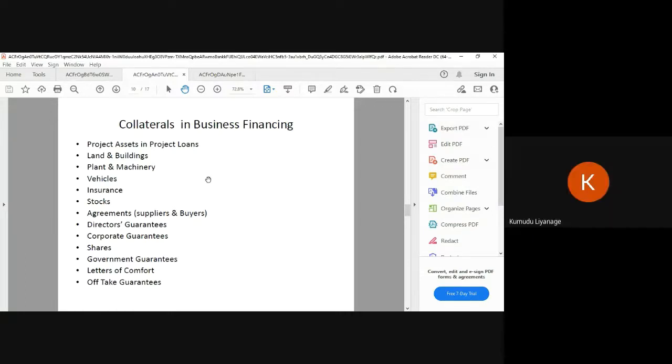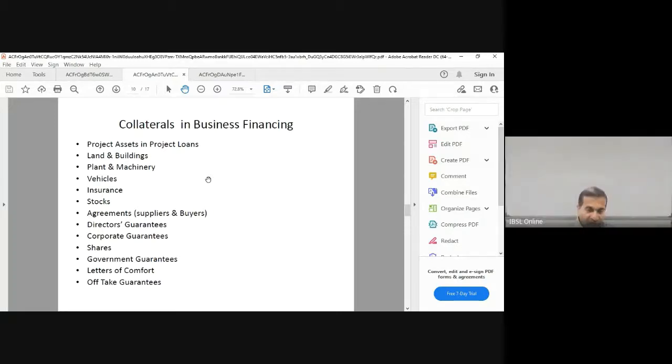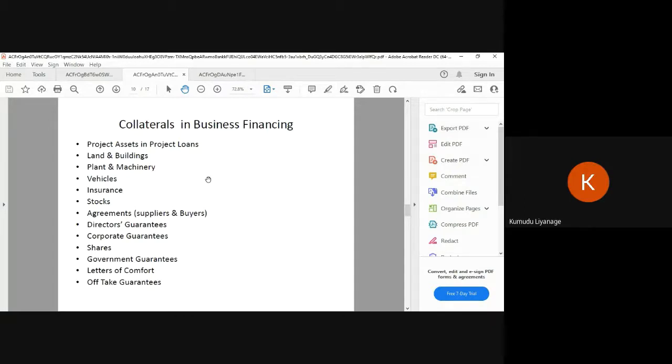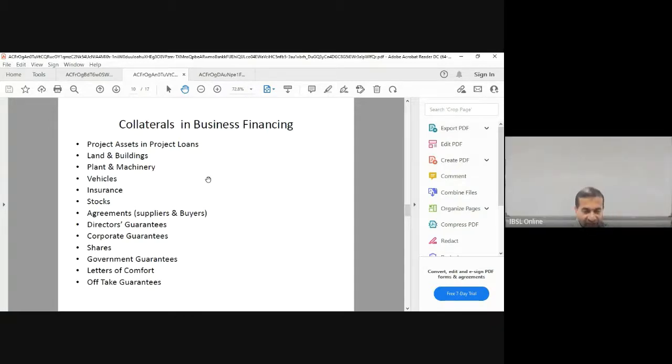If it is a partnership, sir, can we take the partners as the guarantors for such facilities? No, you can't. Legally, you can't, because the partners are the loan applicants, and the loan applicant cannot be a guarantor. So you have to take somebody else, a third party. A guarantor is the one who comes and tells you, if the partners are not going to pay you, I will pay. How do you take the partners as guarantors then? Yeah, that's clear, sir. Thank you.